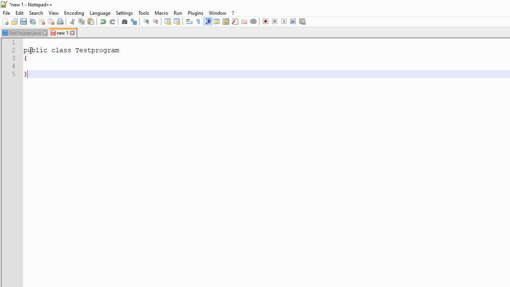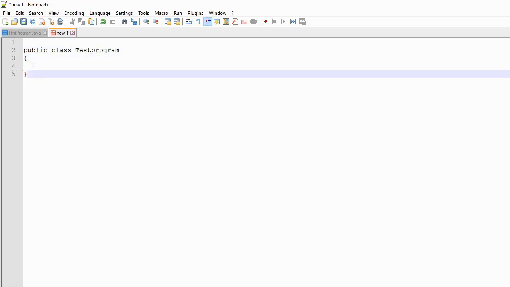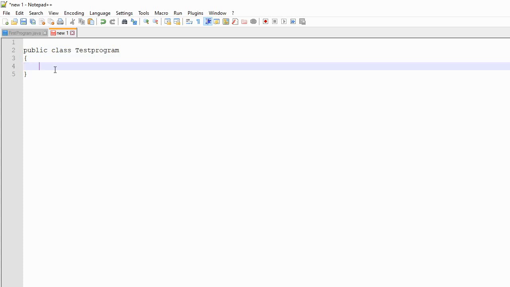The first thing that you have to create is a public class. Okay, this name is of your choice. You can write any name. I have given TestProgram as a name, and inside the opening and closing curly braces, you can write your program body. Okay, so as you know, every program in a programming language, whether it is in Java or any other, starts with the main function. The execution of a program starts with the main function, so it is compulsory to write the main function.